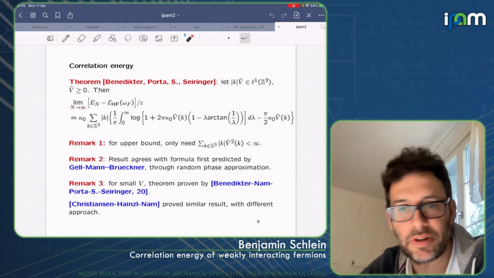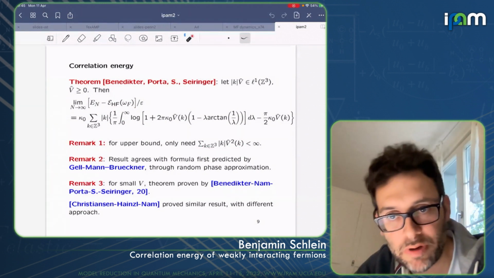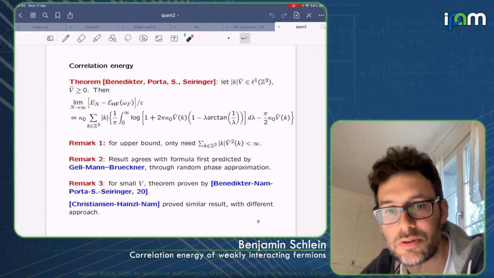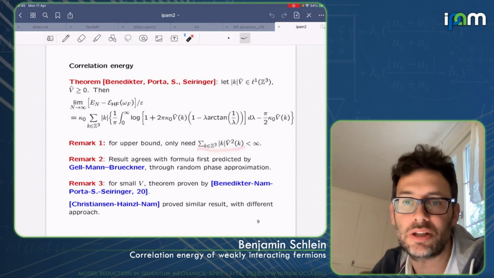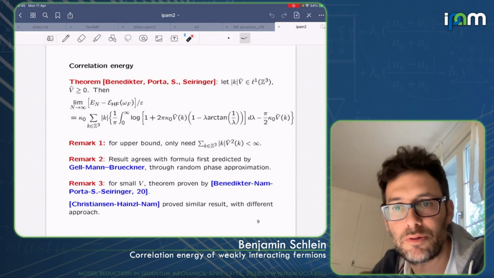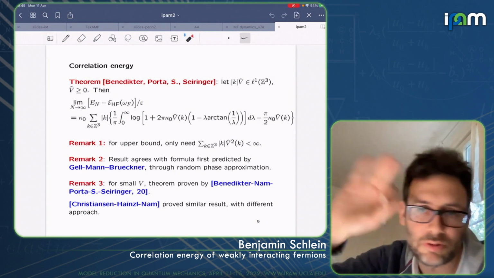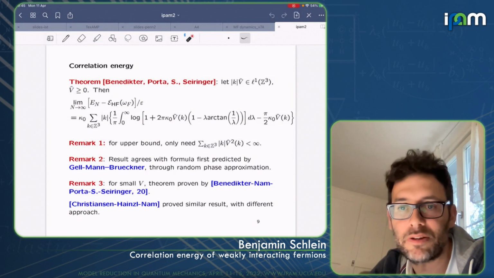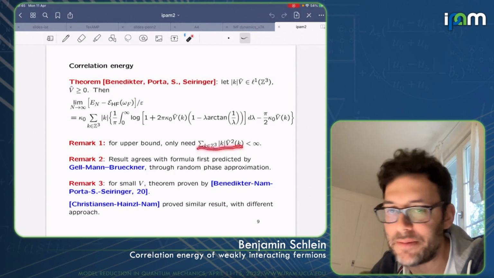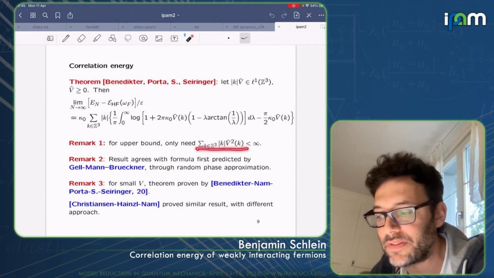Okay, some remarks. Of course the proof of this result goes through an upper bound and a lower bound. The upper bound is a bit easier than the lower bound. In particular, the upper bound is true even under this weaker condition on the interaction V. If you have a Coulomb potential, you should think, well, of course we are in this box, so there are corrections, but think of V hat of k to be 1/k squared. So V squared is 1/k to the 4, so this is barely divergent. But anything smoother than a Coulomb potential would satisfy this estimate here.